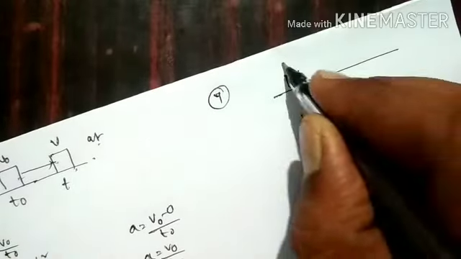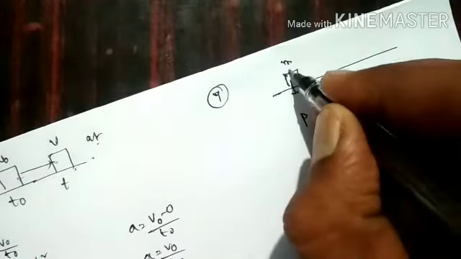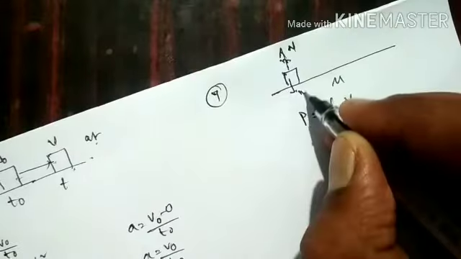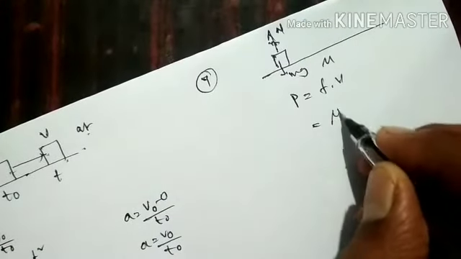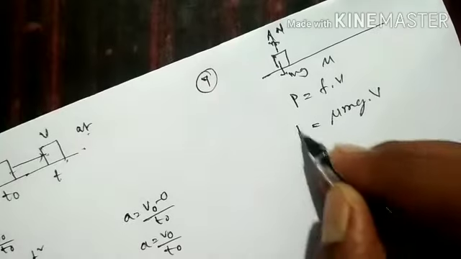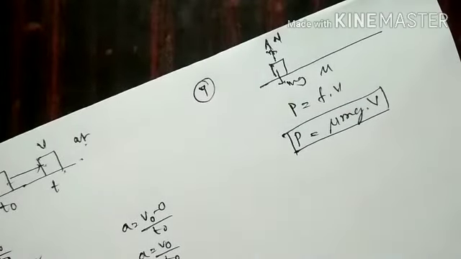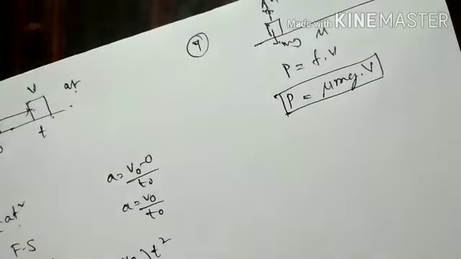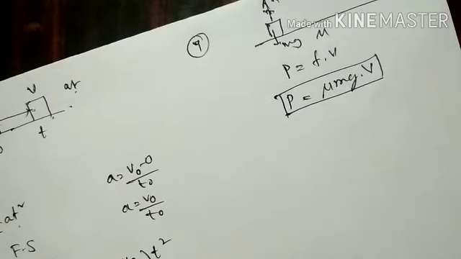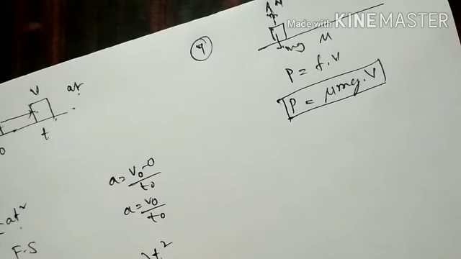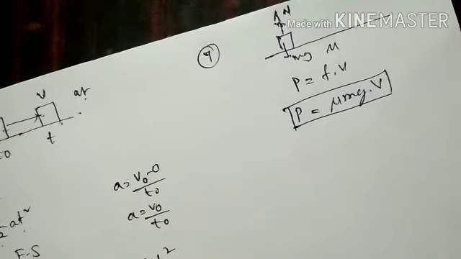The mass of the car is M. So what is the normal force? This is the normal force, this is mg. So force F is equal to mu mg, into V. Like this you can calculate the power of the engine. When it is accelerating, you got one formula already. If it is moving at a constant velocity, you get another formula. The fundamental definition is work done per unit time, so wherever required, you can convert and use the relation.